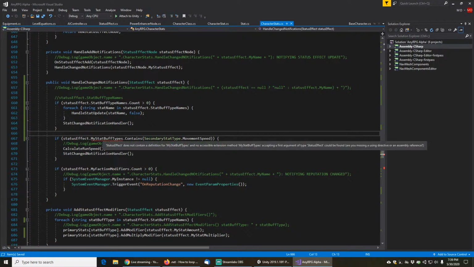This is a bit of a hard-coded thing. We actually do need this to happen here. We need to calculate movement speed. So